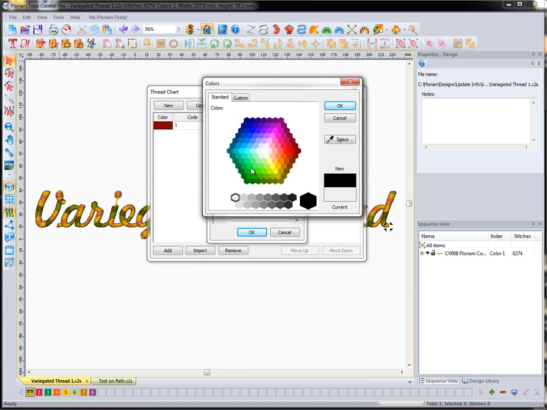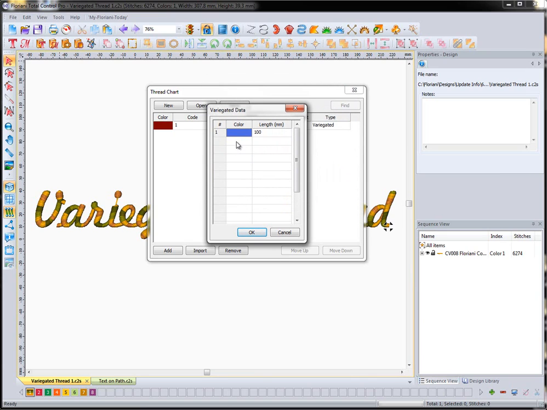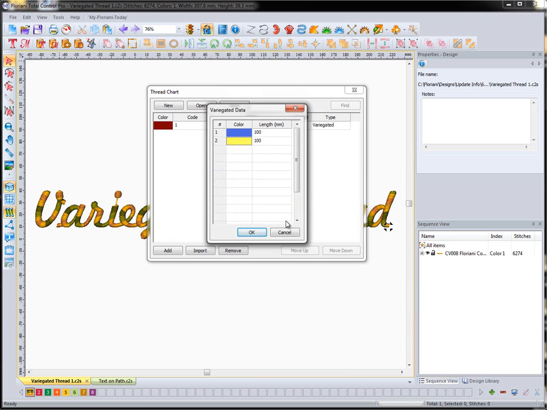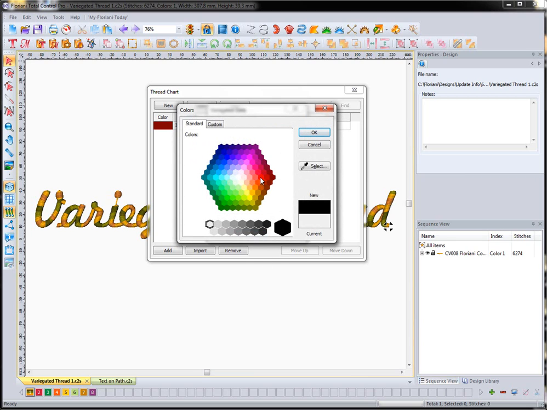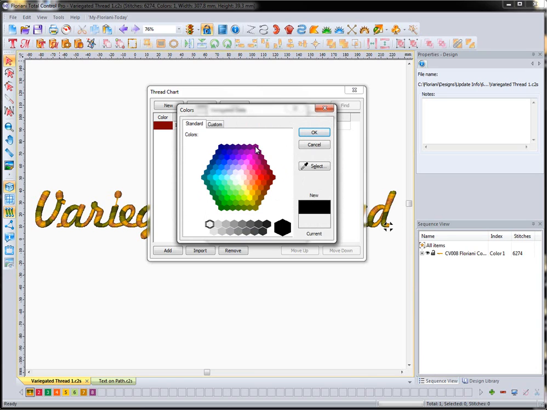So let's say that the first color in the variegated thread that I'm creating a chart for was kind of this color right here. You can go into this custom and you can really modify the tints, click anywhere in the designs. So we're going to go ahead and select this color right here. I'm going to press OK. And then for the second color, which is the next variation in the variegated thread, let's say that it's this yellow color. I'm going to hit OK. Let me go ahead and choose a more green color. And let's say it goes into even a red, and from the red it goes into kind of a purplish